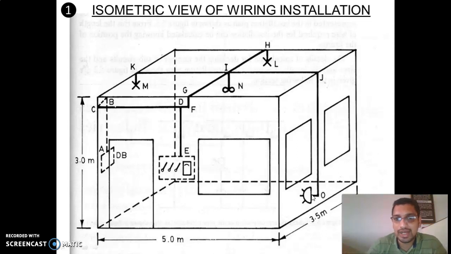From this plan we are going to estimate the cost of work, or the cost of material required for the electrical installation in this building. We estimate the length of wire, length of conduit or batten, length of earth wire, number of plugs required, number of switchboards required, number of switches required, etc. We are going to calculate these.